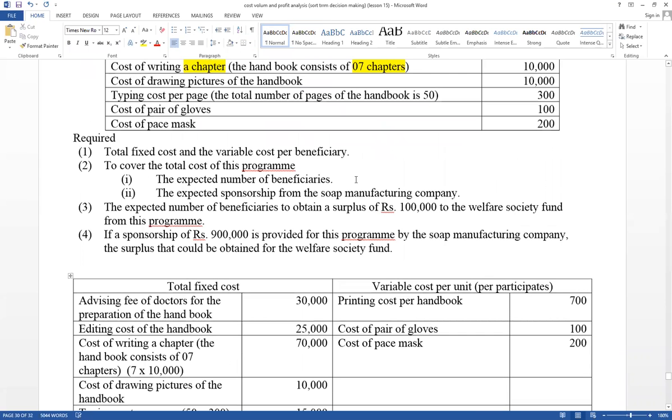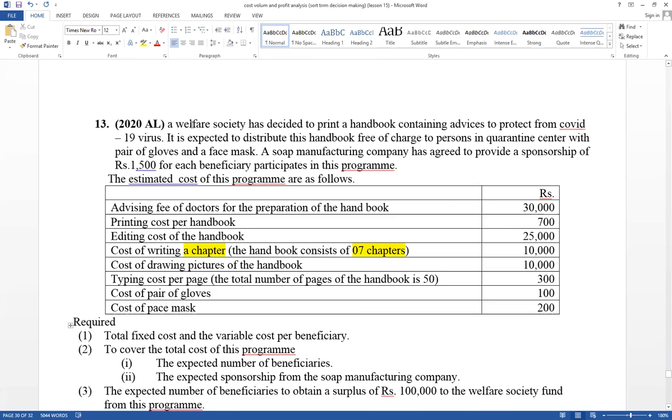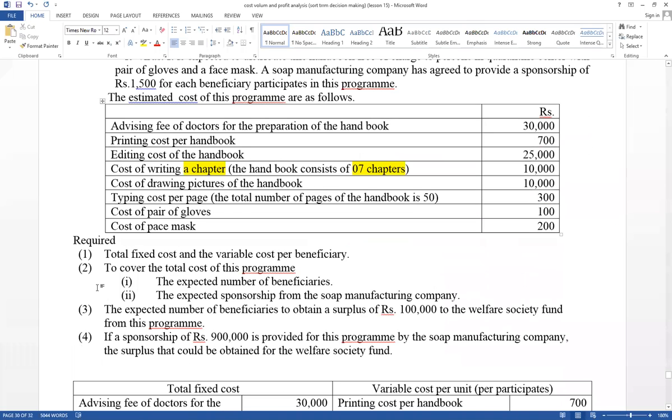And as a selling price, you have to consider, think about sponsorships. Think about, a welfare society is organizing this, and the soft manufacturing company sponsors it. Therefore this value should be considered as selling price. The society receives this. Therefore selling price equal